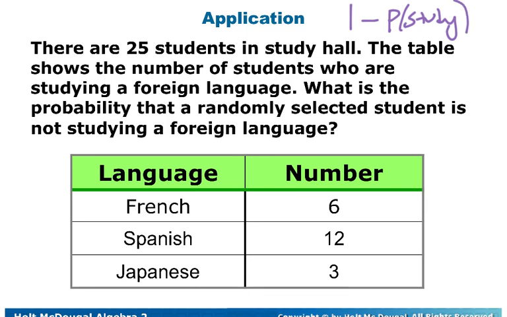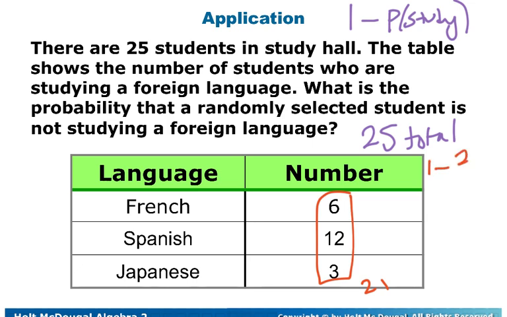So what we have here is the fact that there are 25 students total, but in this grouping there are 21 students listed. And so we are going to do 1 minus the probability that we do know that they are studying a language, which would be 21 over 25. And so that means that we're actually going to get 4 out of 25